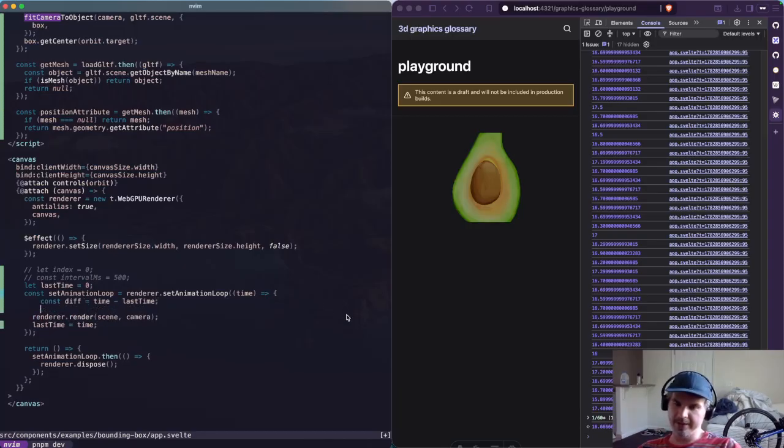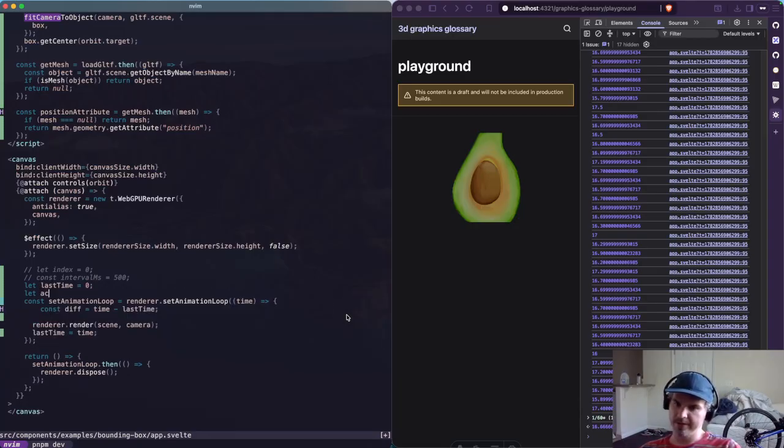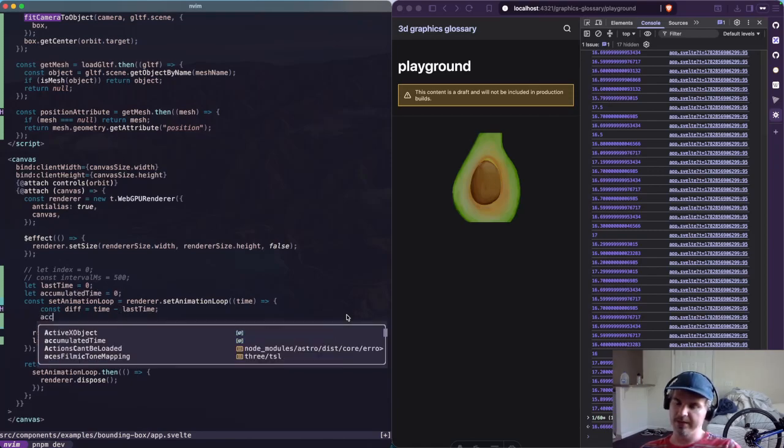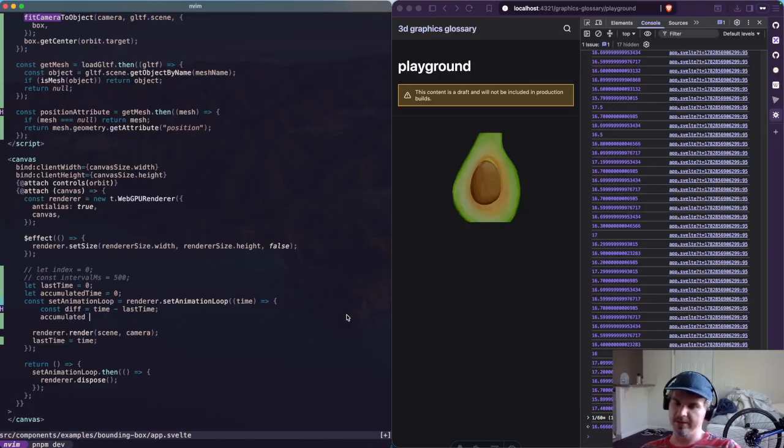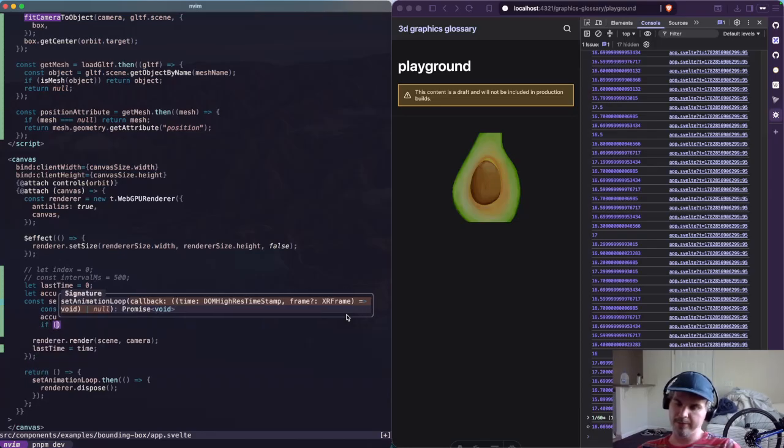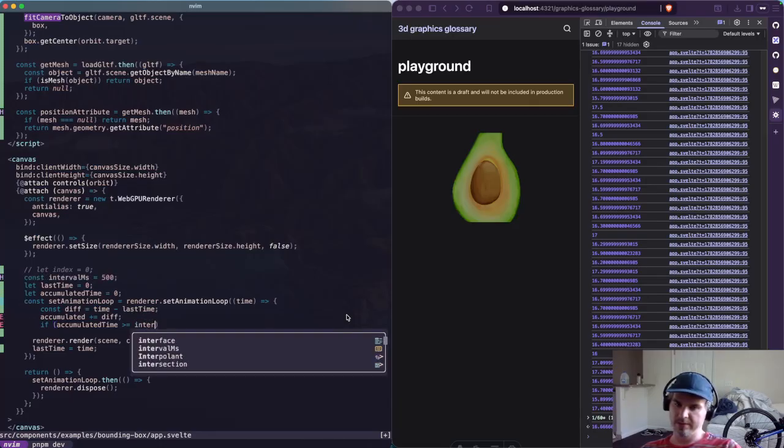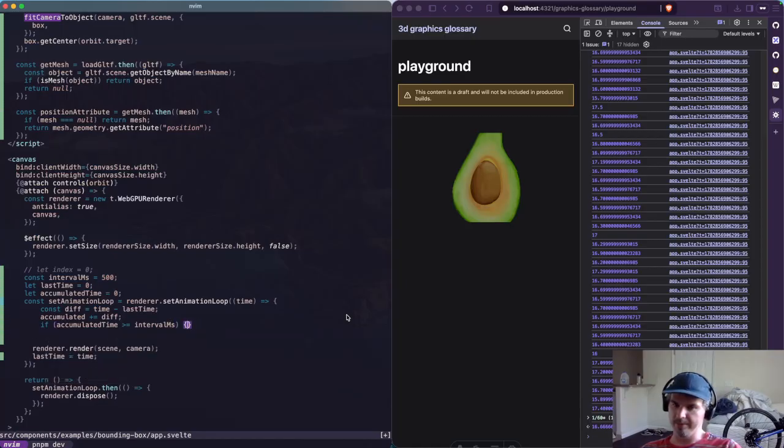Now we want to add that to an accumulated time. So we'll do let accumulated time equals 0. We'll take accumulated and we'll add the difference. And then we can check if the accumulated time is greater than or equal to the interval. And that means we need to do something. That means, you know, we ticked up,